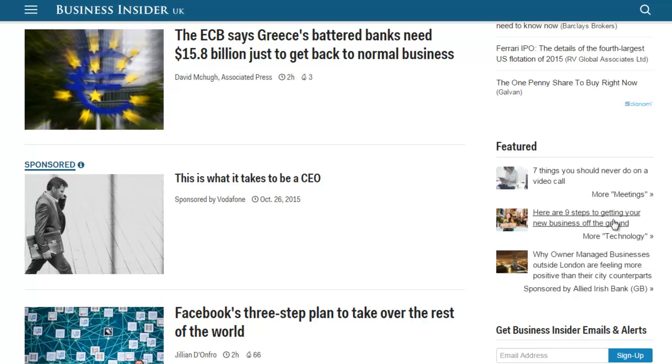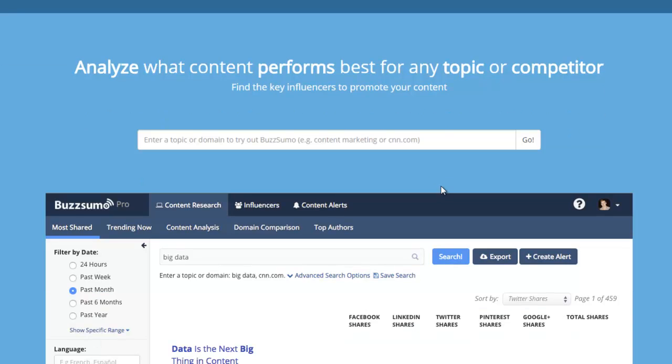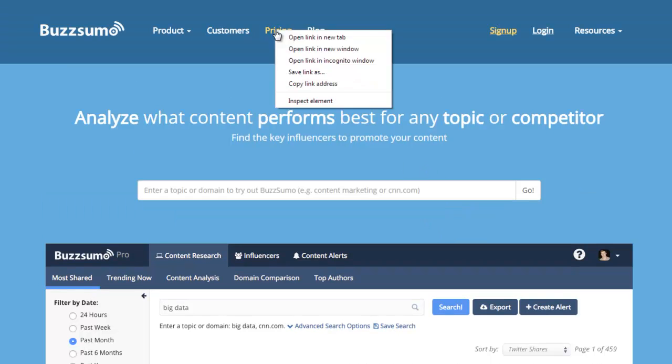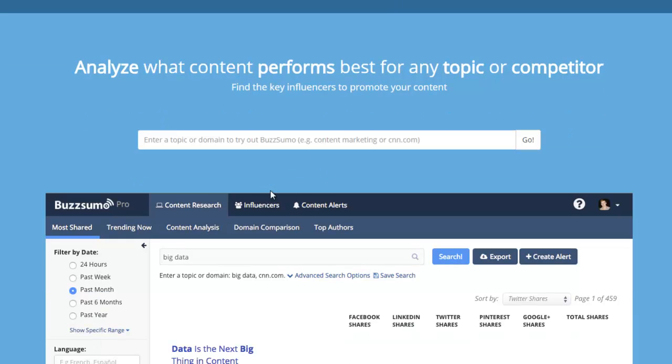Now I'm going to show you a cool site, and the reason is that this site shows you exactly what people like online. You can type in your main keyword. It's called BuzzSumo. Now it is a paid service. You can use it for free for the moment, and it shows you some information, but it doesn't show you everything. It does cost an amount, and you can look at the prices if you want to, but in this particular case you just enter